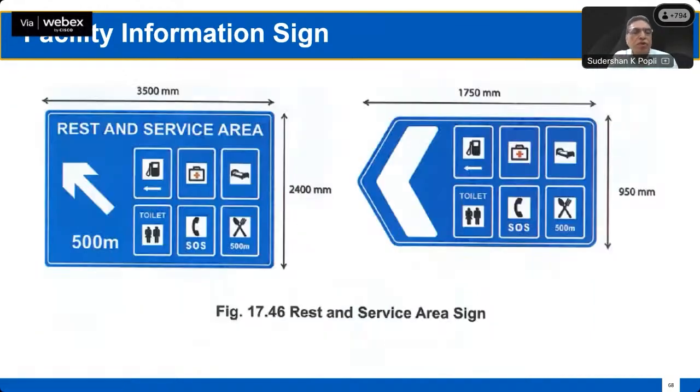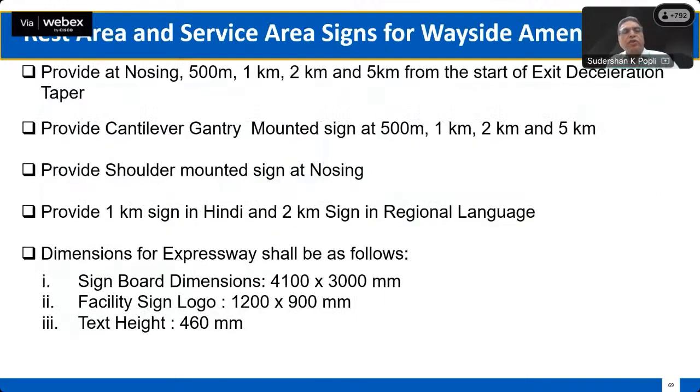Like this facility information, in the case of expressways and access control highways, we are placing rest and service area signs. So at different locations we have to place this kind of sign, gantry mounted or shoulder mounted, where all these signs are placed on one board. Provide the rest area service area sign at nosing, and at 500 meter,